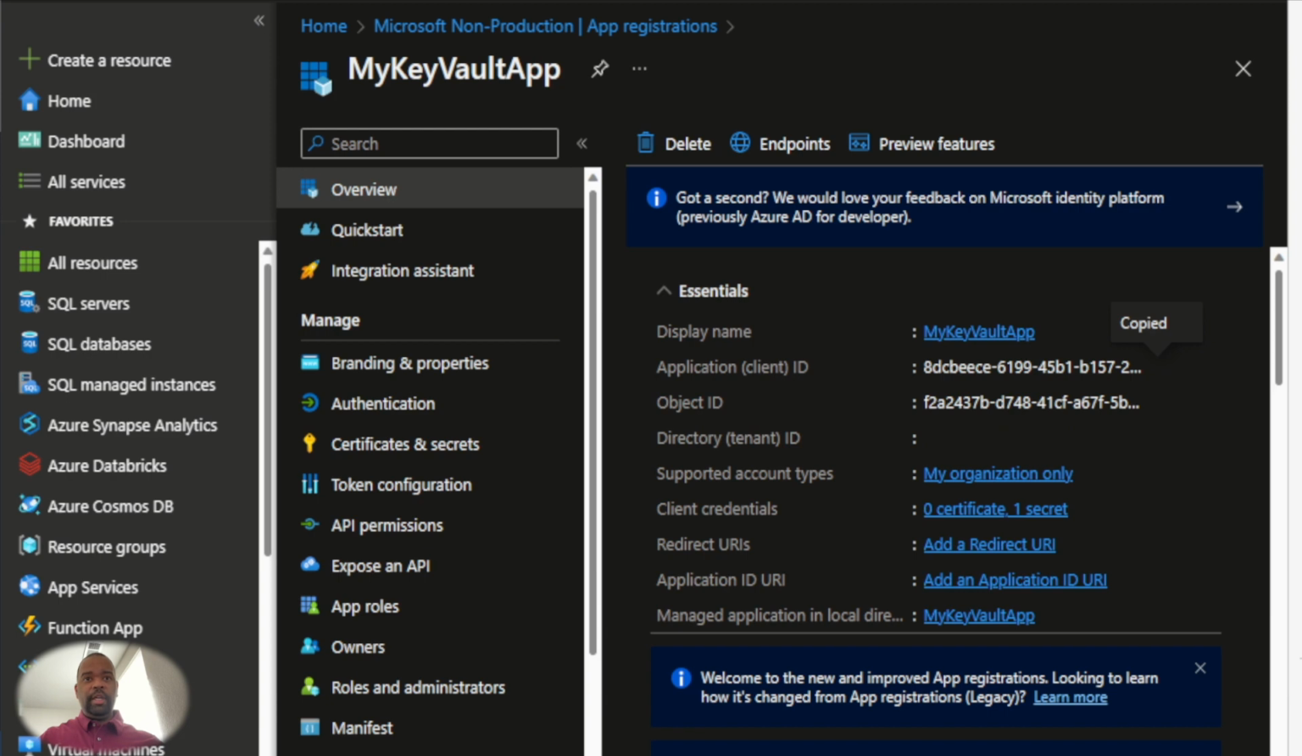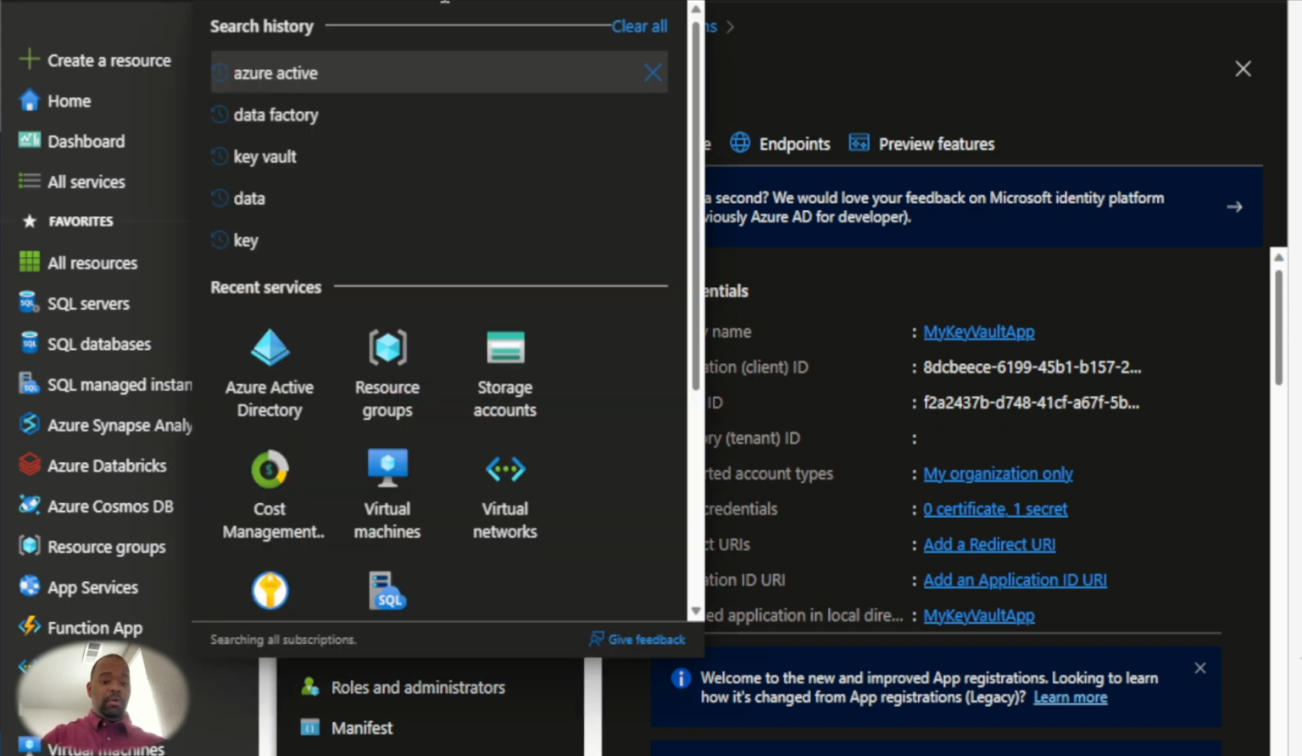So I will copy that. All right, so now that we have our app registration in place here, this app registration is going to be used by the SQL Server 2022 instance in order to connect to our Azure Key Vault. So what I want to do now is ensure that this particular app registration has access to my Key Vault. So I'm going to go into